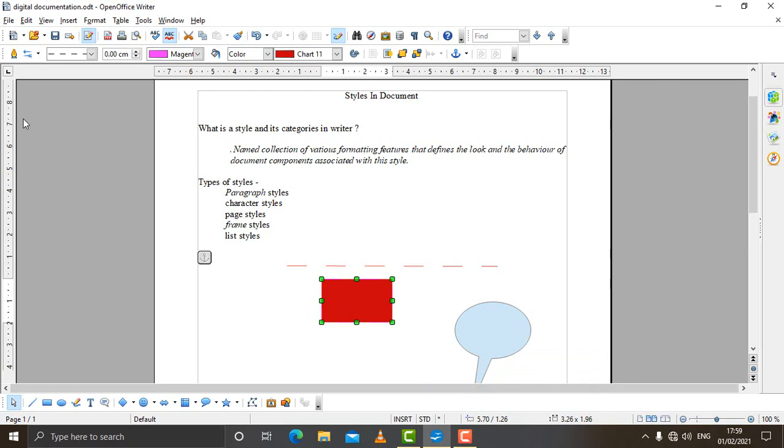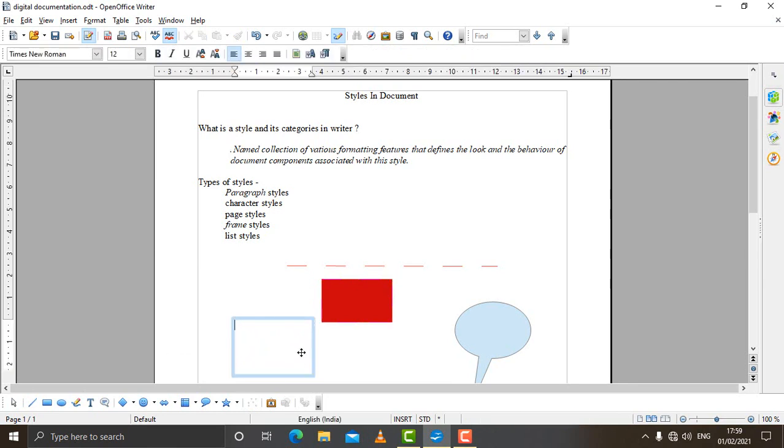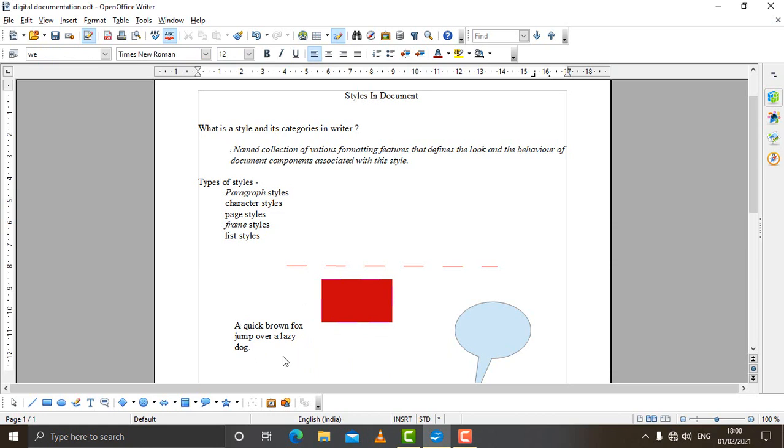And suppose if you want to insert a text box to write any text wherever you want to type, for that you can click on this particular T from the drawing toolbar, click on it, draw a rectangle or a square of the size in which you want to type the text, and you can type the text: a quick brown fox jumps over a lazy dog, full stop, and click anywhere else. You can see this text is inserted. So if you want to apply a text box, you can apply a text box from this T.